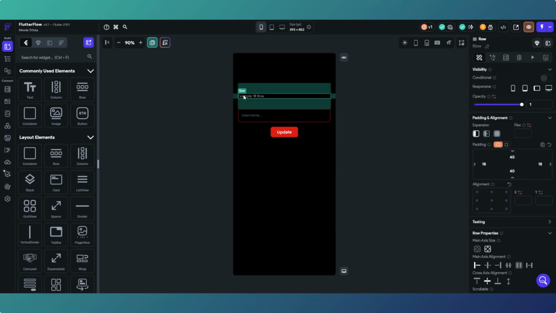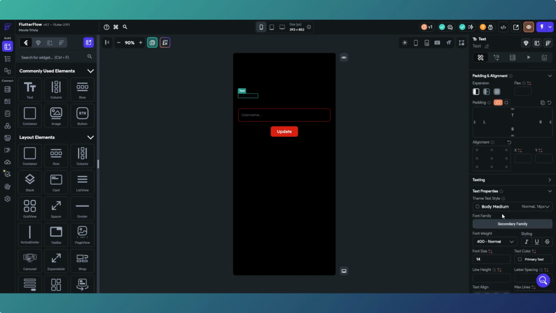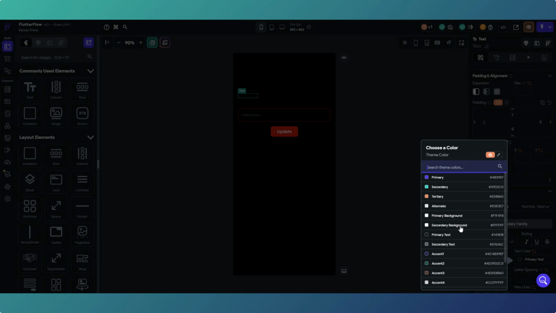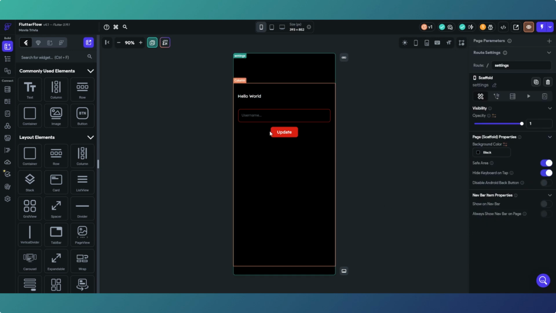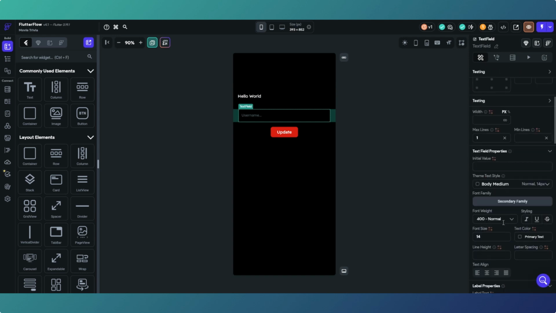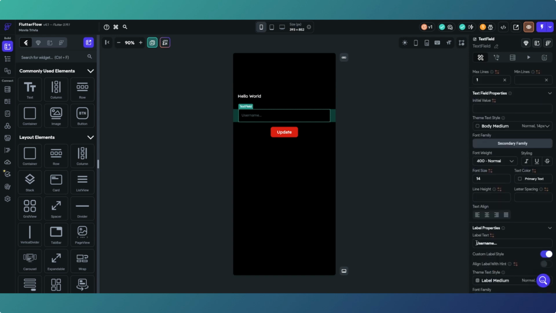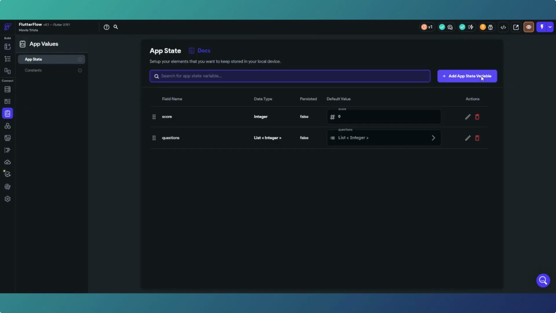And then what we're going to put in here is a text object, which we want the color. We can change to secondary background, and we'll make the font size a bit bigger. Right, so we'll change that actually to say update username. Right, so what we're going to do, if you then want an app state variable, call a new